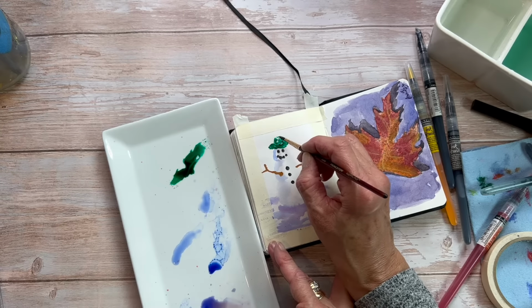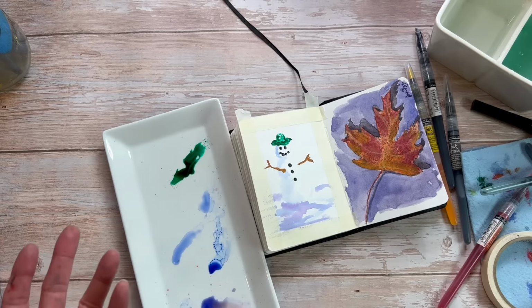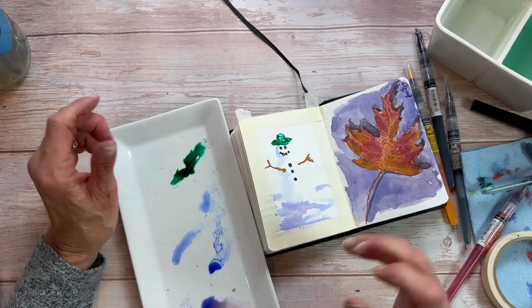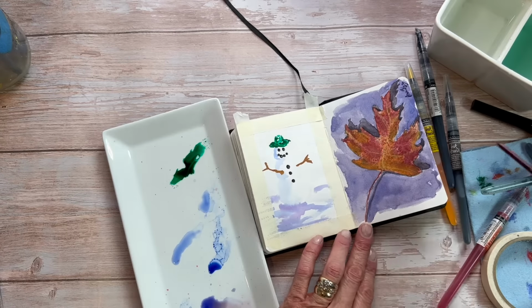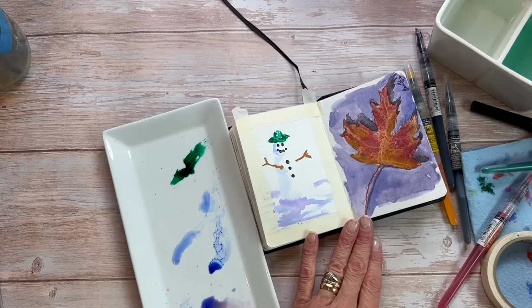Do the back of the hat here. And that way you can kind of get your highlights in and have a gradient of color so it looks really nice. So already you can see how your eye is filling in these right side curves of our snowman. But what we want to do is make that really, really obvious. So I'm going to make a very dark night sky, and the way that I want to do that is